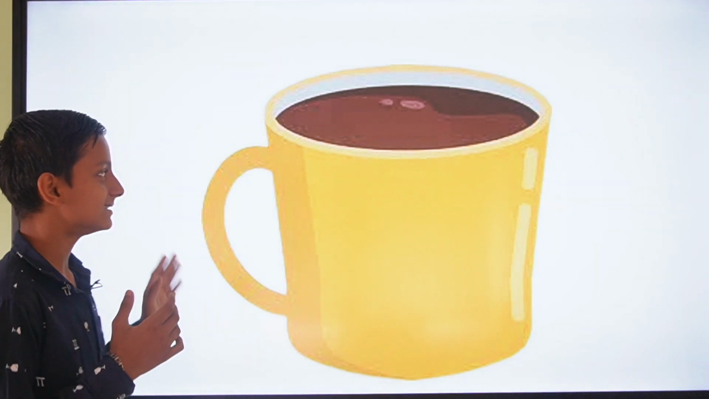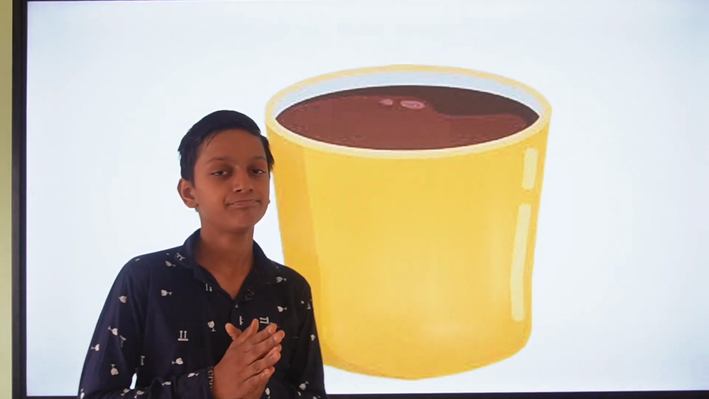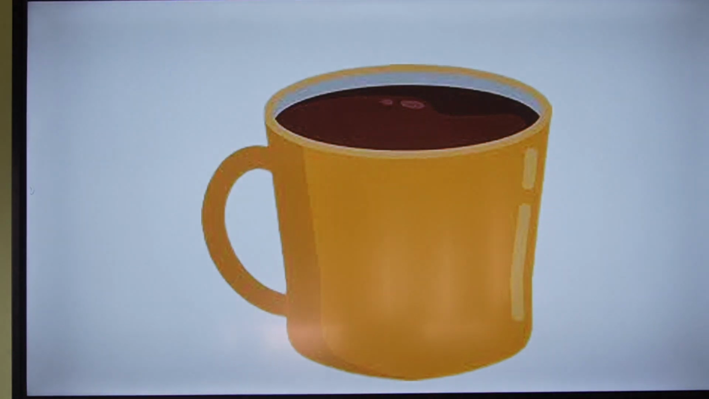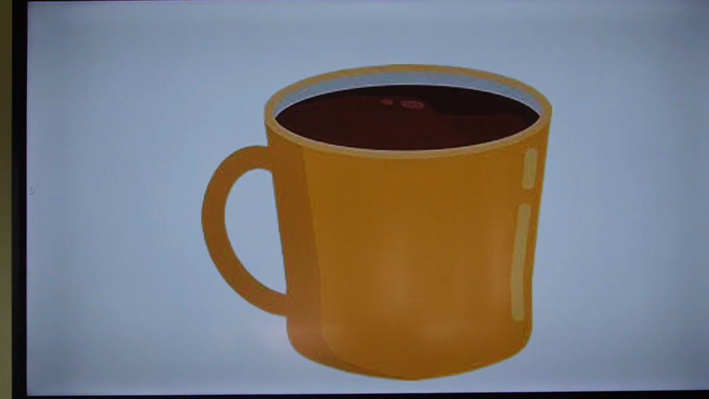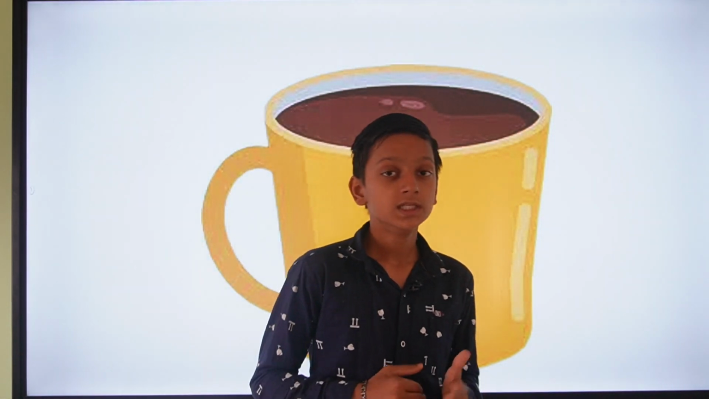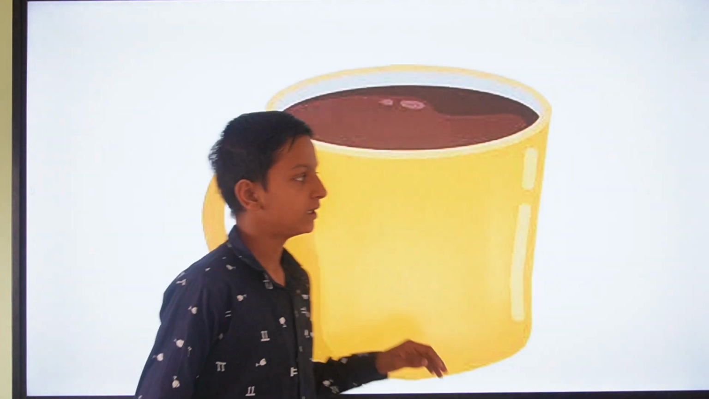Okay. Now let's move towards the next image. Now what does the image say? 10 seconds. Okay, let me tell you what the image shows. So the image shows